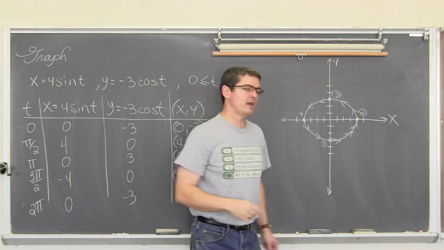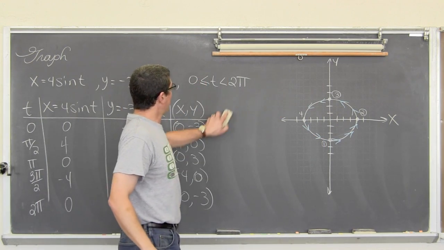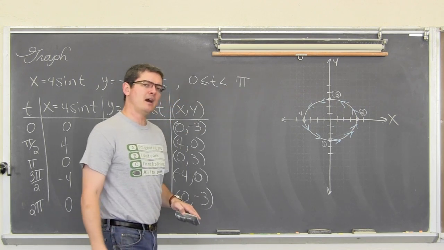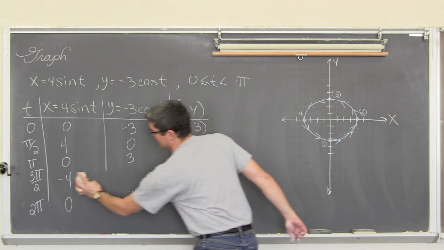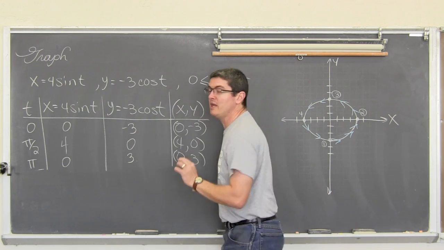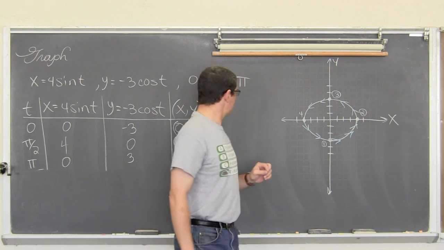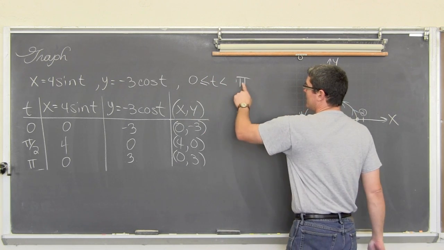Okay, so let's do another variation of this problem when we have a different restriction on the time period. What if it was only between 0 and pi? That would cut off this part of my t-table. Now really 3 points are probably not enough. But if I take out any values bigger than pi, then,